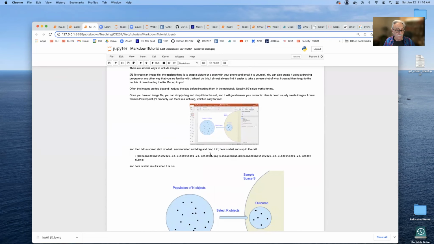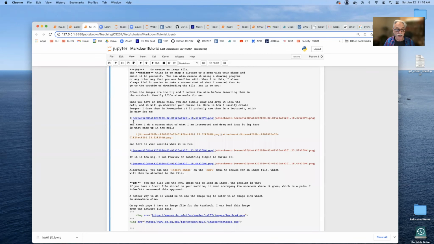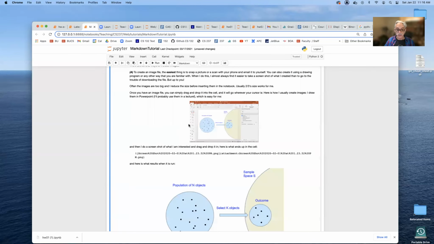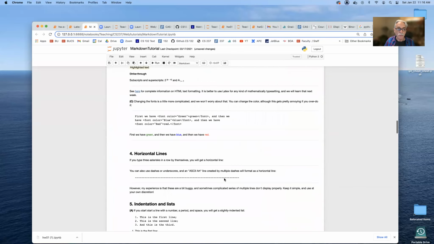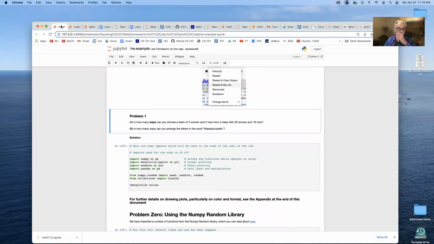Images, you can put an image in by just dropping it into the cell. And that's how I got this. And when you drop it in, it ends up looking like this. And so it's really nice. Images, movies, sounds, you can do lots of things. So take a look at this and put hyperlinks and all these sorts of things. So take a look through that tutorial. Now,